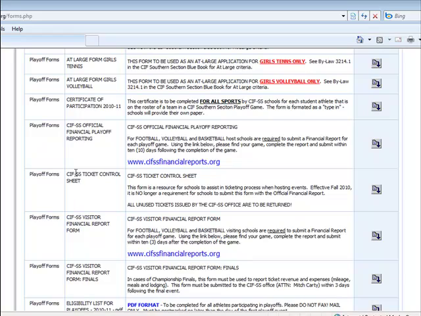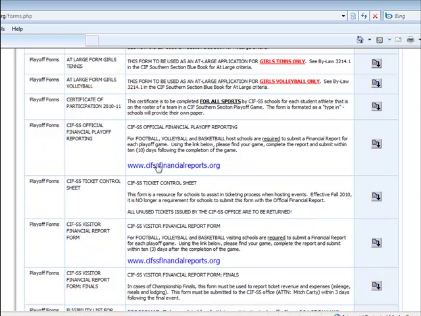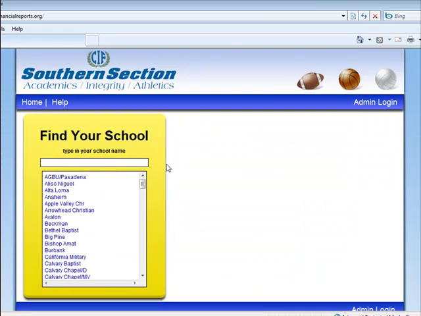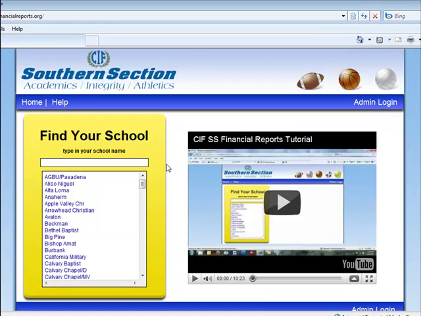So that being said, let's jump right into the link for the CIF financial reports. We'll click right in here, and you'll be brought to a portal which will have all of the schools listed. Just before we move forward into the screen, if you're going to be doing a lot of these financial reports, it might behoove you to save this